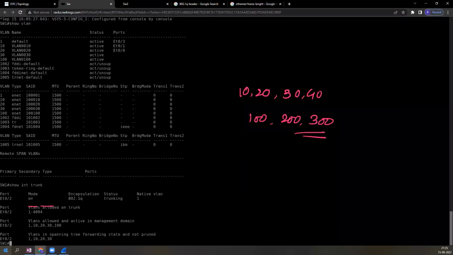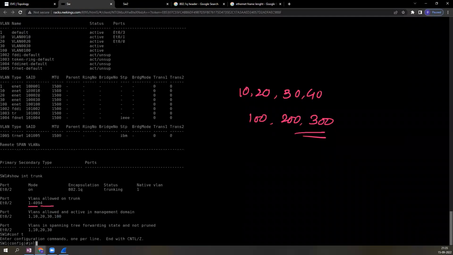Okay, what do you see now? 100 is active. Yes, sir. The moment you create any new VLAN, it will be automatically pushed that it is allowed on trunk. Okay. Now, if you want to be very specific